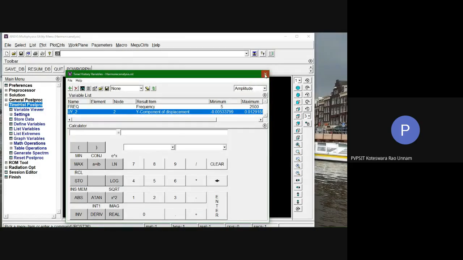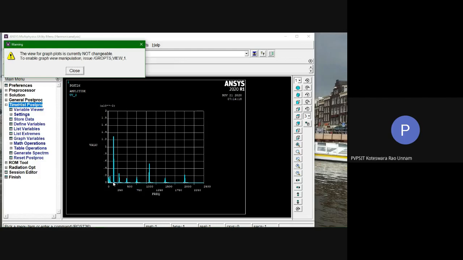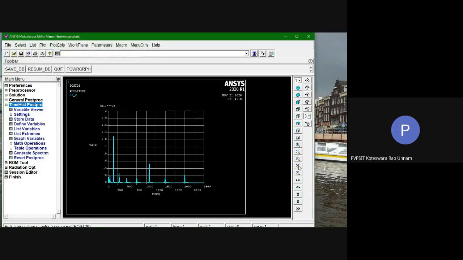Now if I want to zoom this graph, you can clearly see it. Any peak you can zoom here. Okay, maybe it is not possible here. I'll click on plus. Okay, it is not zooming. Anyway, if you zoom like this, it is your frequency response curve. Those who are studying the vibration course might know this. The frequency response curve shows how the response changes for the respective frequency, and this plot is similar to that. So this is the graph you need to keep in your record.